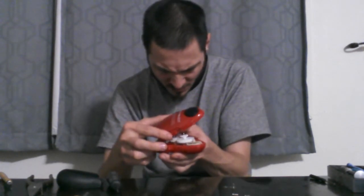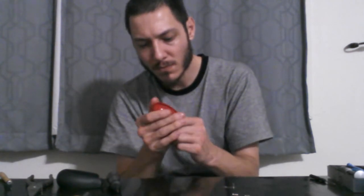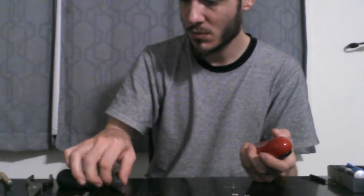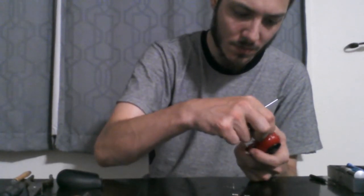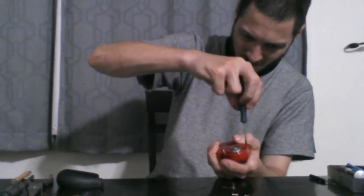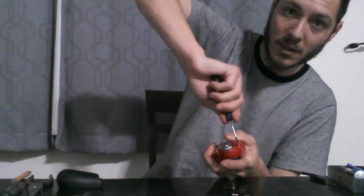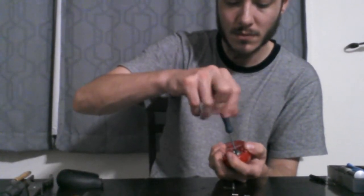I don't know if that's still going to work, but either way, I'm going to put the screws back in because right now, that off, one more there, and due to, I need to get my solder iron fixed, like with a new bit, or maybe I can repair the solder iron bit, but you know,